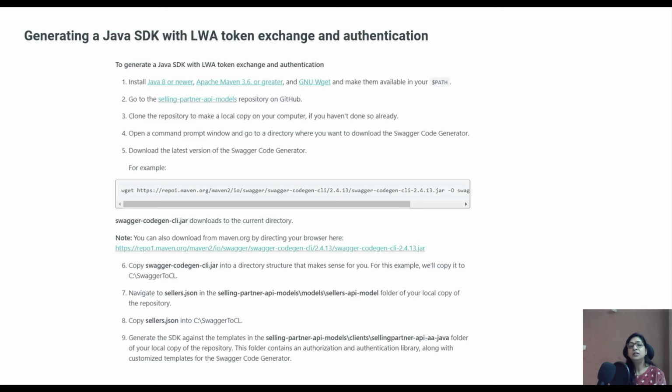If you miss any of these steps, you will not be able to access the key. You will not be able to access the API. So please carefully follow each and every step. And in case you face any issues, you can comment below or reach out to me on my email.